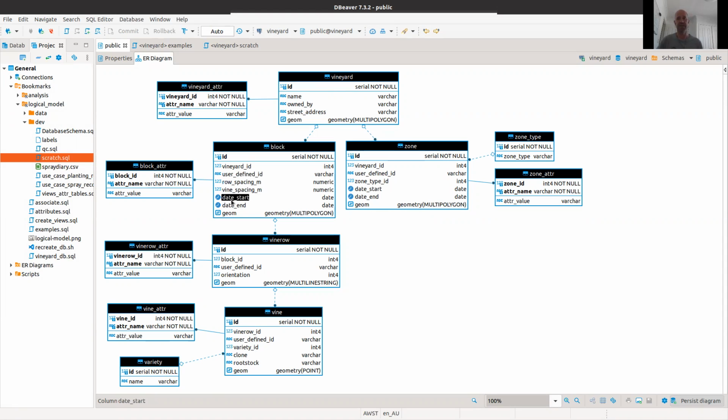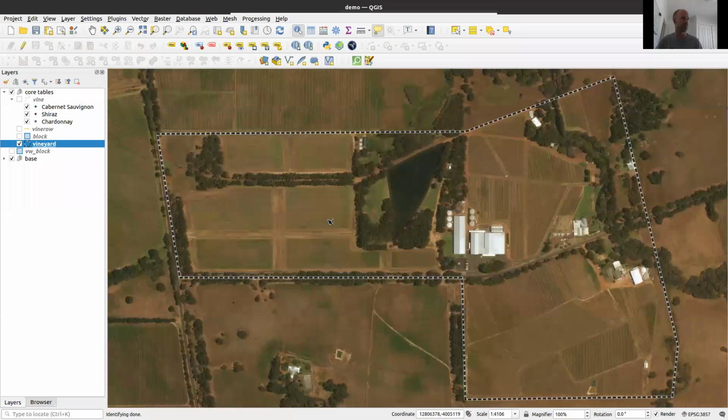And then we've got the date start, which is the date that the block was established, and date end, which is the date that the block ceased to exist. Now, if a block is still in operation, then it obviously hasn't ceased to exist, so the date end would be blank or null. And then finally, the geometry, which is a polygon geometry, and we'll take a look at an example in QGIS. So turn on the blocks layer or table, and we can see there are about 20